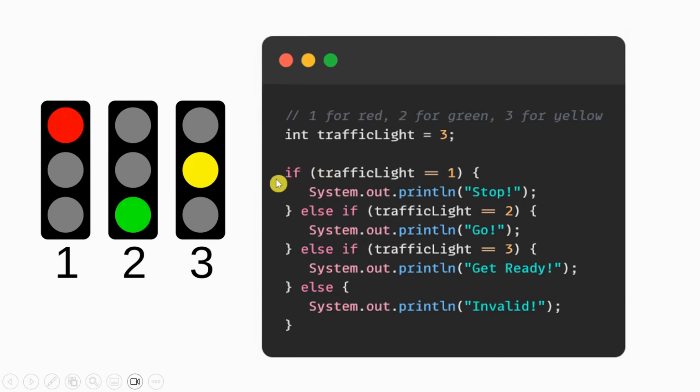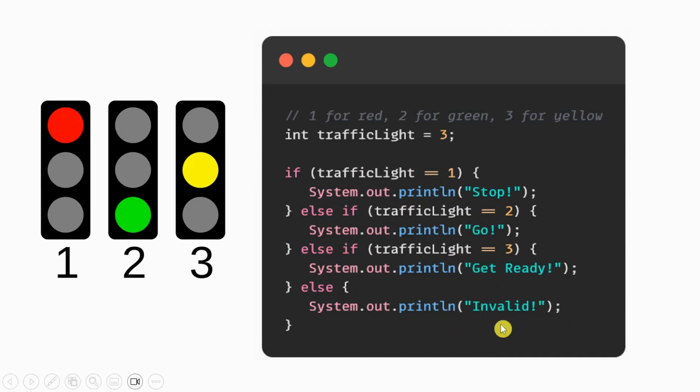So in my case here, if trafficLight is equal to 1, so if my traffic light is red, I will stop. Else if my traffic light is 2, which is green, I will go. And I add another else if here, if my traffic light is equal to 3, I need to get ready because that is yellow. And finally else. Else here indicates any conditions which do not fall under the first 3 conditions. So for any color of the traffic light which does not match red, green, or yellow,